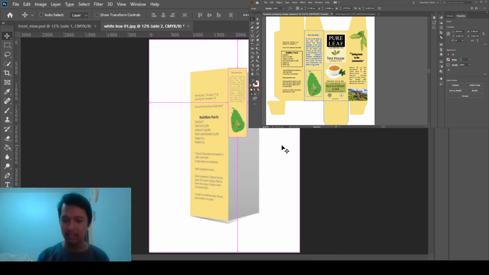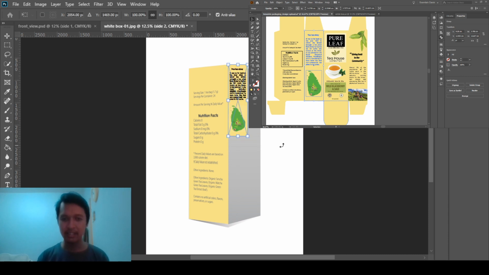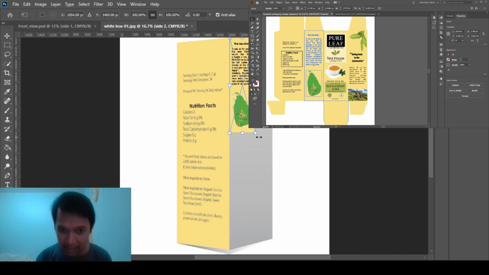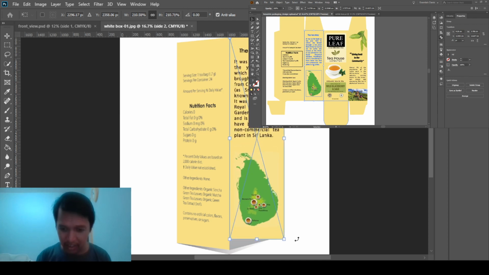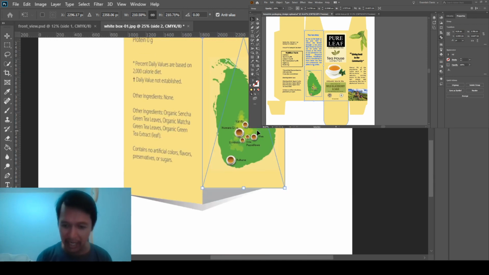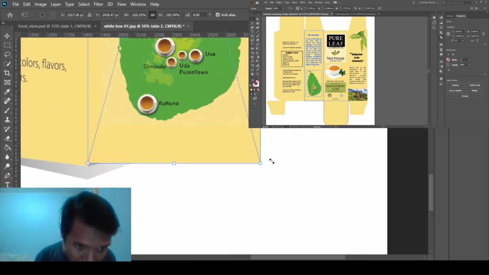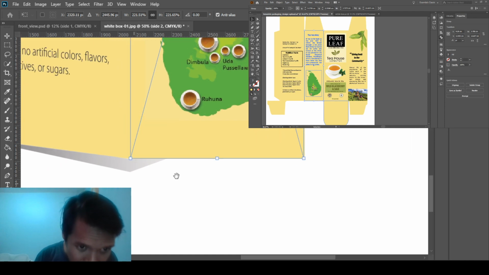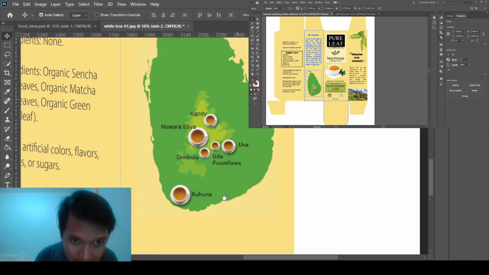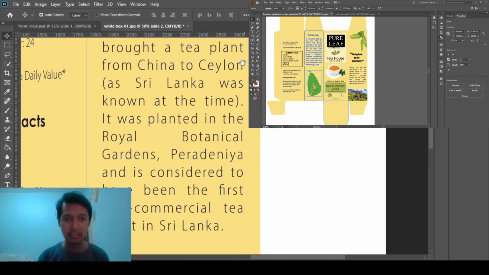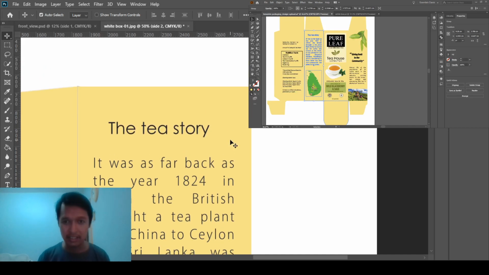And then Control T, and then enlarge until I am able to match the size of these edges. Enlarge the size of these edges, and then in order to use the distort function,